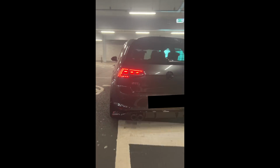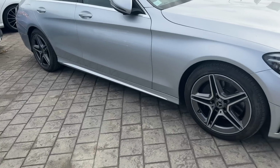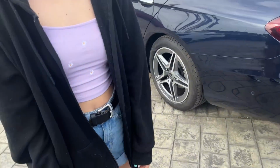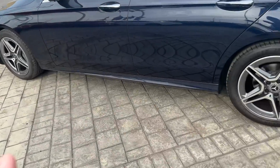While the Scirocco was getting done, me and Chloe popped over into town and had a little mooch about. Big up Jake from COBRA, he dropped us off. We're actually looking at Mercedes right now, look. This is what I'm thinking for next cars, right? I'm thinking a taxi man car. I want to step away from hatchbacks, and I want to step up to...